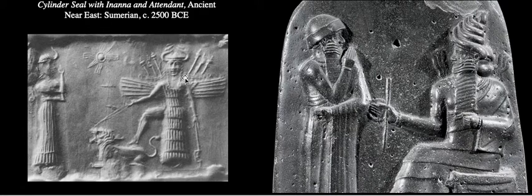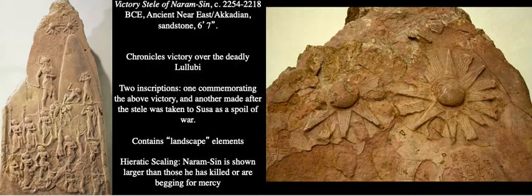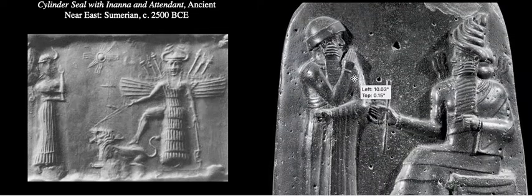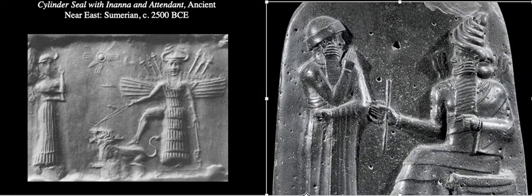And here we have Anana and one of her priestesses. And so I call your attention to the sun here, which kind of looks like what we just looked at here, and that's kind of cool. But look at the way in which this attendant, this priestess, is standing, in a way that is similar to that of